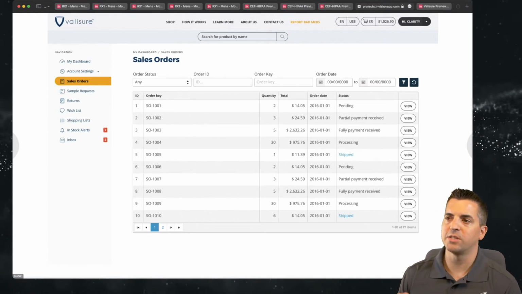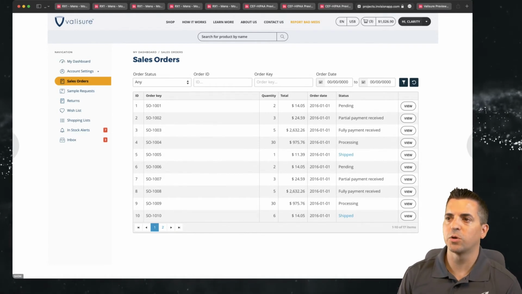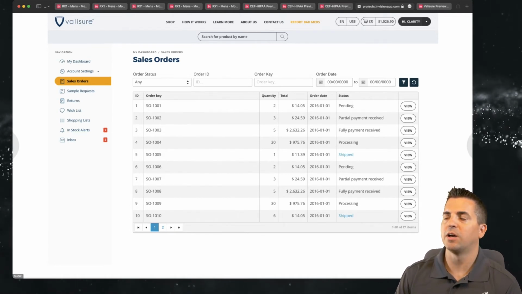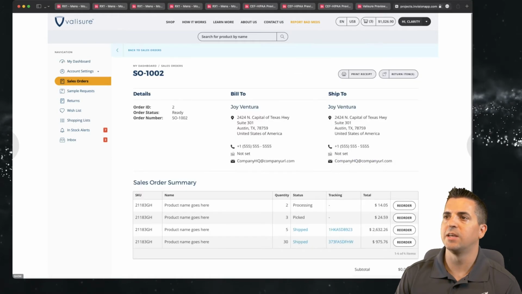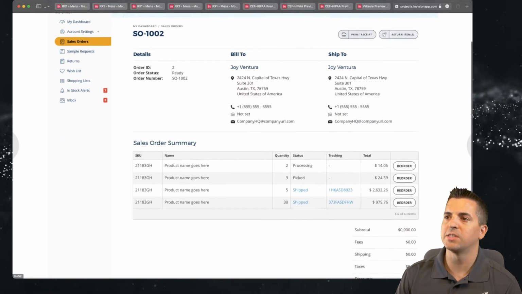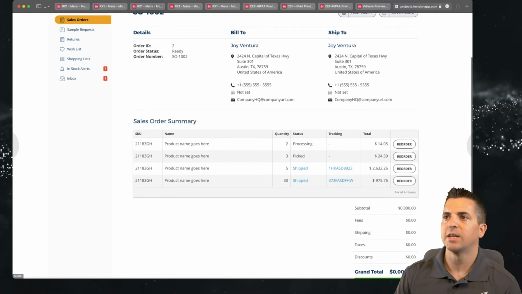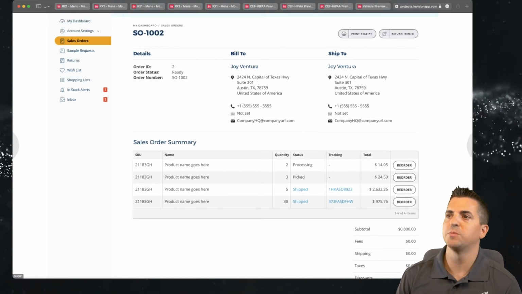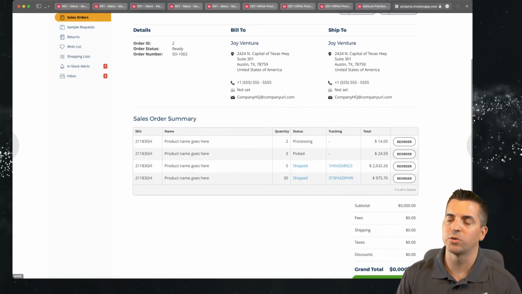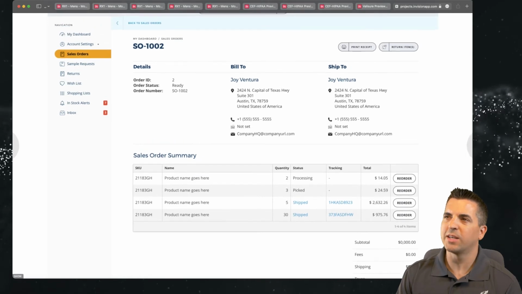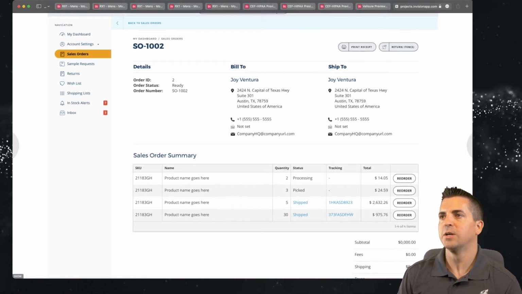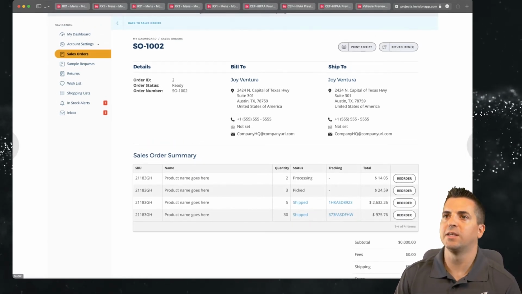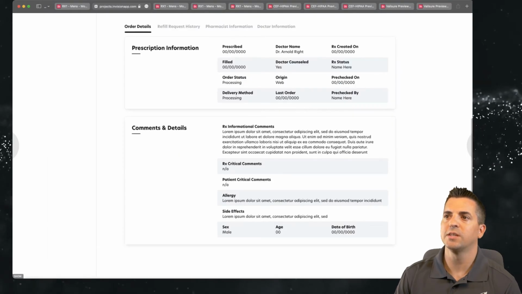So you're actually seeing now a view of someone who's placed different orders. They have different statuses, and then you can see that they have a listing of the items in the order, and they have the ability to reorder items or the ability to reorder all of them. So again, a traditional presentation here, but the main takeaway is that the overall ordering process and the